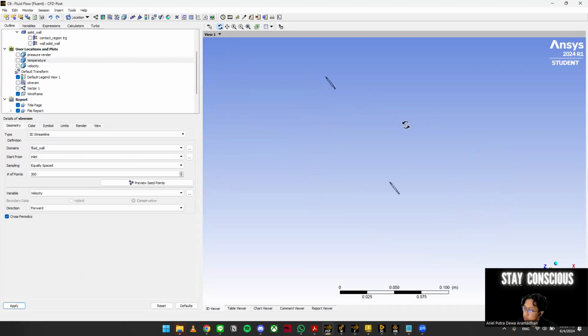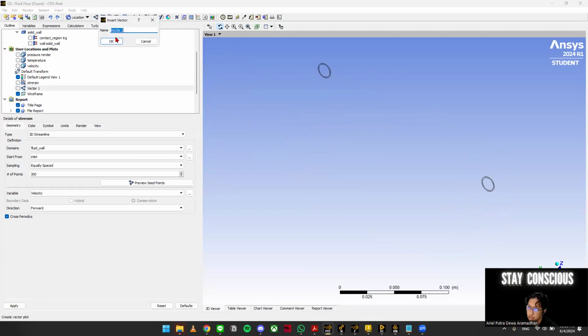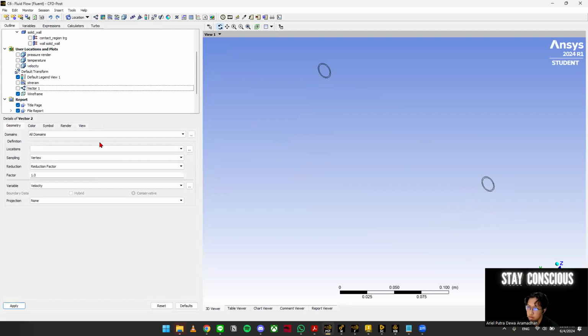In order for you to be able to see the calculation, first of all, let's say you want to see the velocity on the volume of the flow. Here you have a vector right here. Just right click it and name it, let's say vector 2.